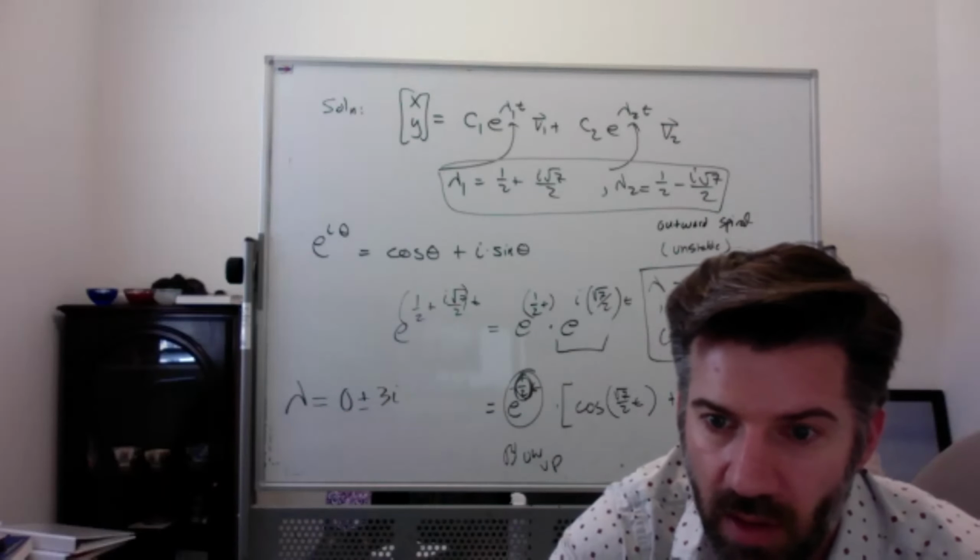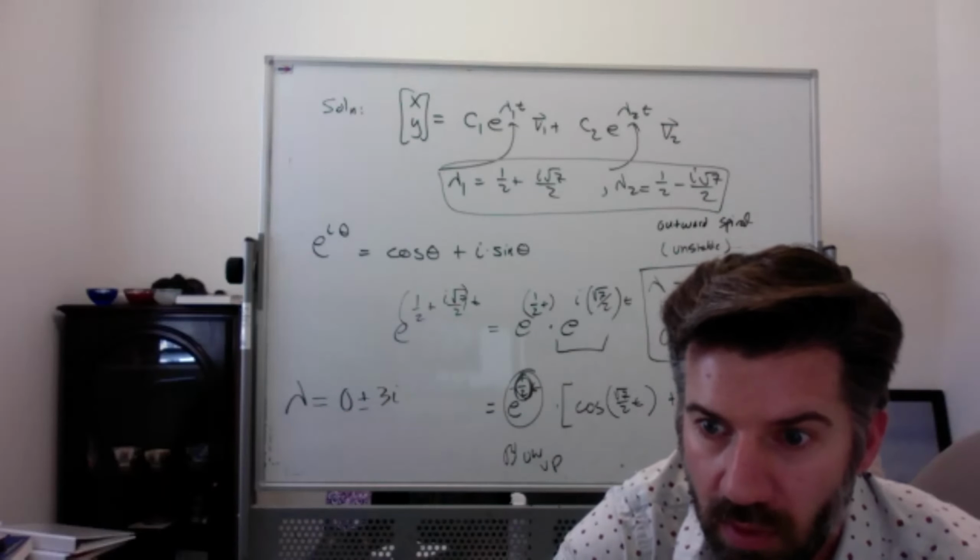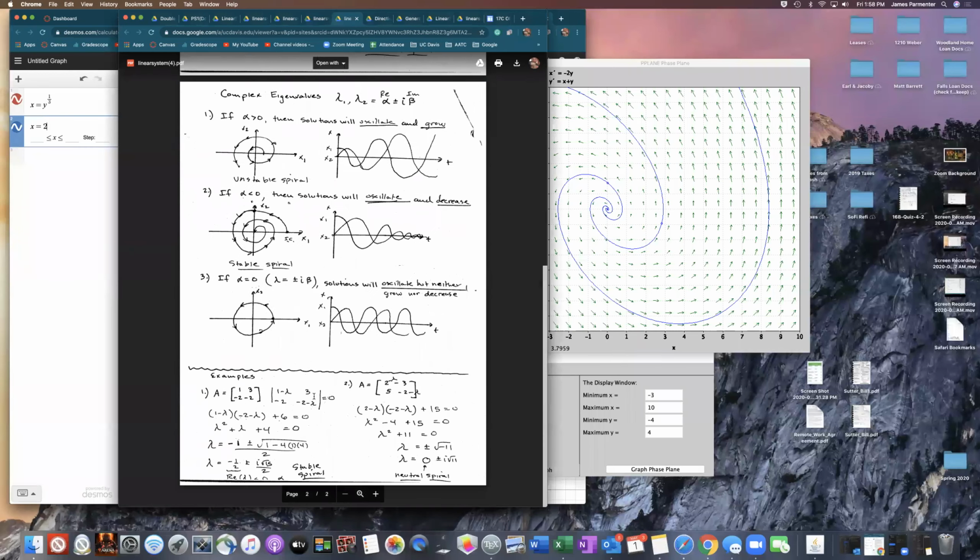which, I mean, looks like what Grant has drawn here. It looks like this, right? Where you have oscillation for both x and t, but there's not a growing oscillation or a decaying oscillation. It's just an oscillation. And so in the plane, it's going to look like you're just circling around and around and around. So let's look at this example he's given down here, where the matrix was